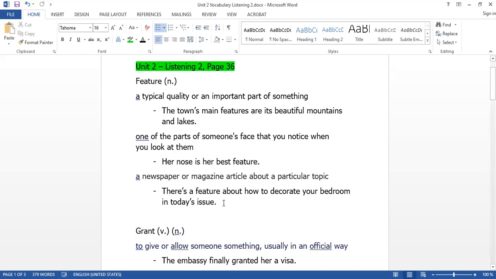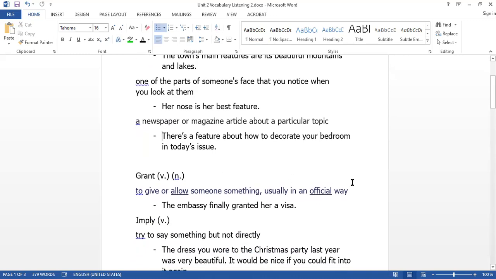Right, the next word, grant. Grant is to give someone something. It could be a verb or a noun. Normally, if it's a noun, it could be money as well. You get a grant from a government or something, maybe similar to a scholarship. If you get a grant, it could be for your research or for your further study, things like that. But in this context, I'm giving you a verb.